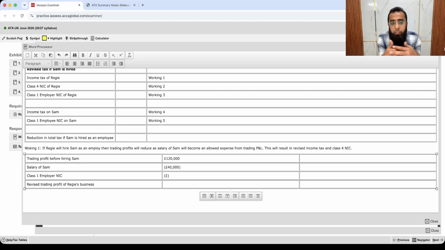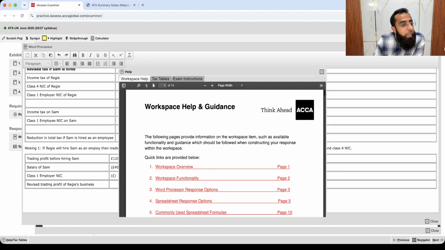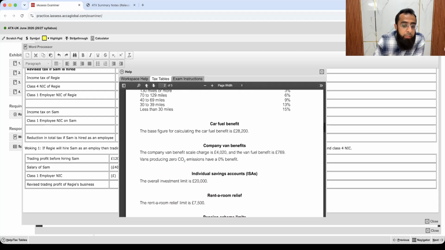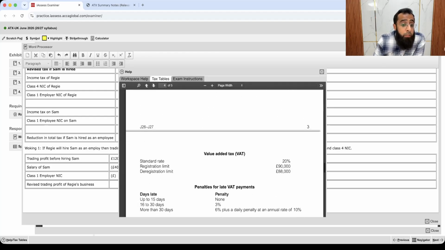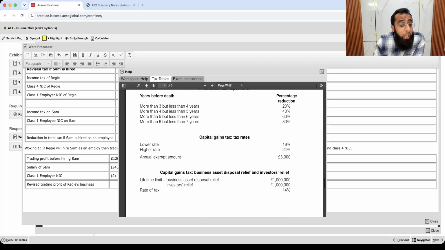Okay. See, when you are doing questions like this, it's about involving yourself in the scenario, because there are technical concepts involved in it, like calculating NIC, calculating tax. It's very easy. But dealing with the data and presenting it in an easy manner, that's the most important. Now you have to calculate class 1 employer NIC. Okay. Now the rates are given in the tax tables for NICs. You will go to the tax tables. I'm using these tax tables so that you can get habitual to how you have to use these things